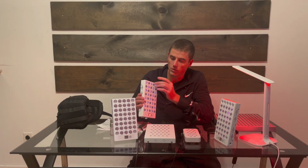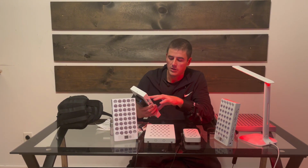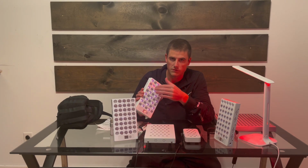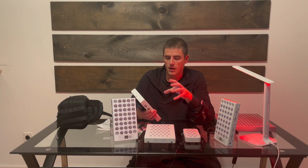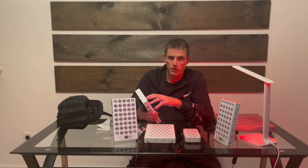I like that he didn't include the red corners like the 810 vector. It's entirely near infrared. You can see the 810 lights, but the 1050 are completely invisible because it's longer wavelengths of light. And the 1050 acts differently. It doesn't interact with cytochrome C oxidase on the mitochondria, so it doesn't interact with the mitochondria directly, but it's being absorbed by water heavily,